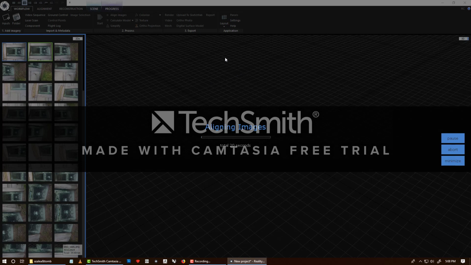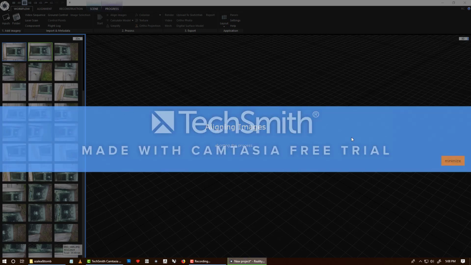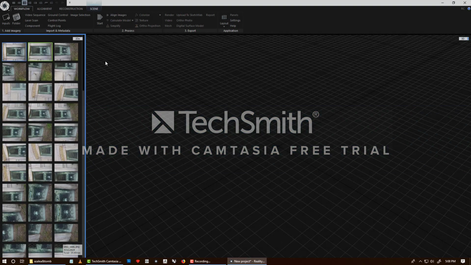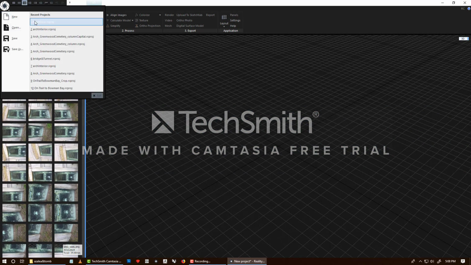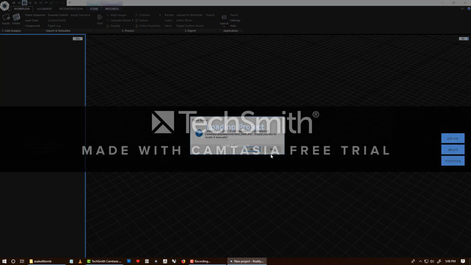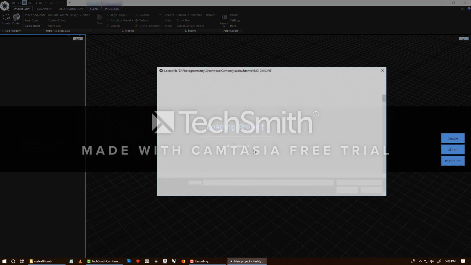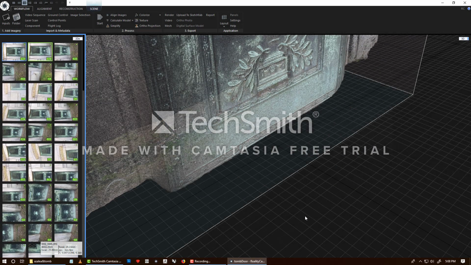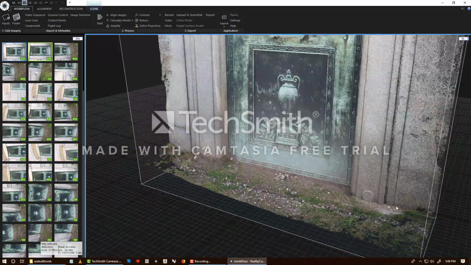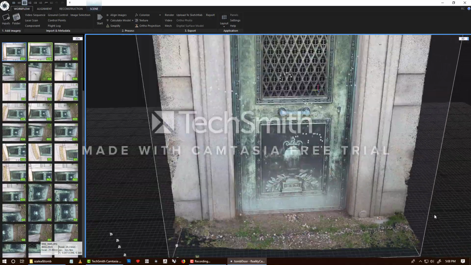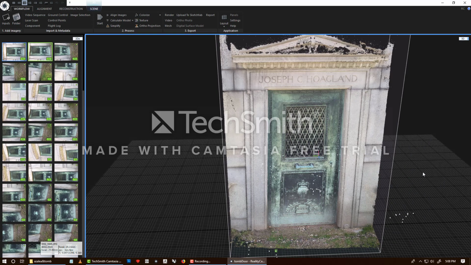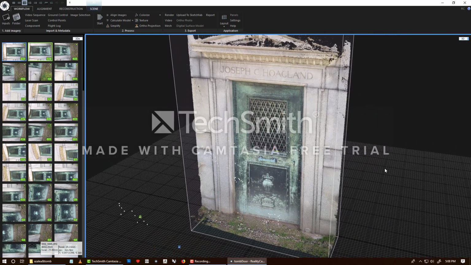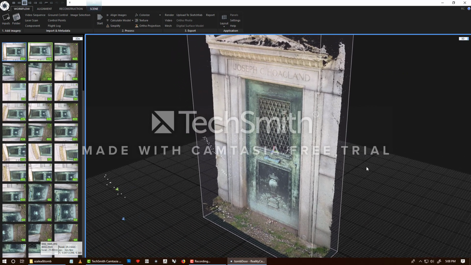So I went through this process already, so I'm going to abort right now and just open the model that's already been completed using these same photos. So no, I won't save. Let's see. Open. So here we have the point cloud that once it's been aligned, visible from the same set of photographs. And you can see in the three-dimensional view,